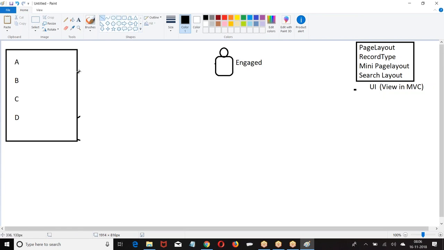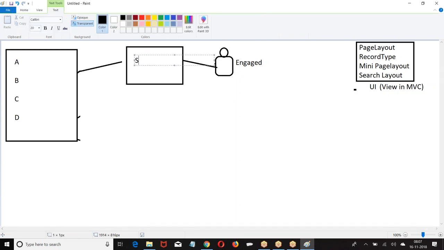This fellow forgot to wish his girl on a birthday, engaged, but forgot to wish on birthday. Then what happened? Only a sample of his feature will be shown, not a complete page layout. A sample of your feature will be shown, which is called mini page layout. Complete feature is your page layout.